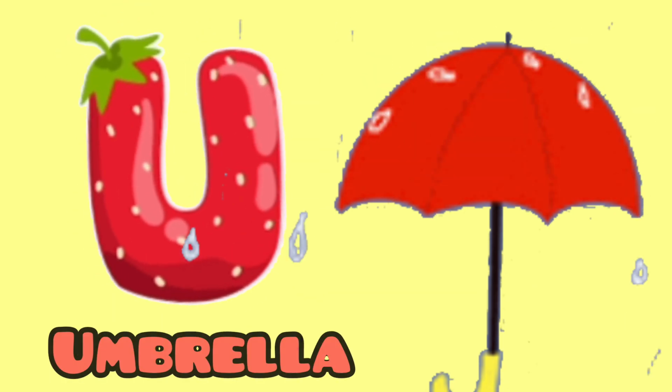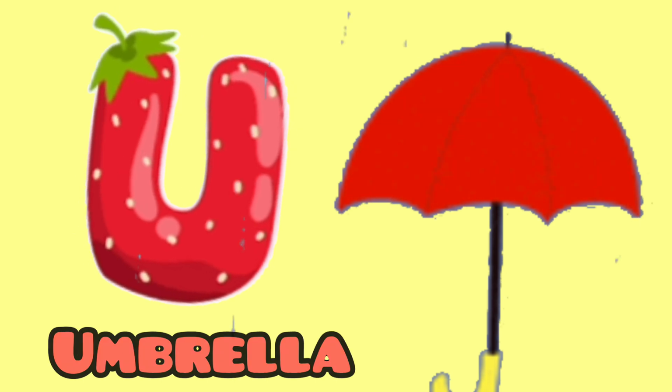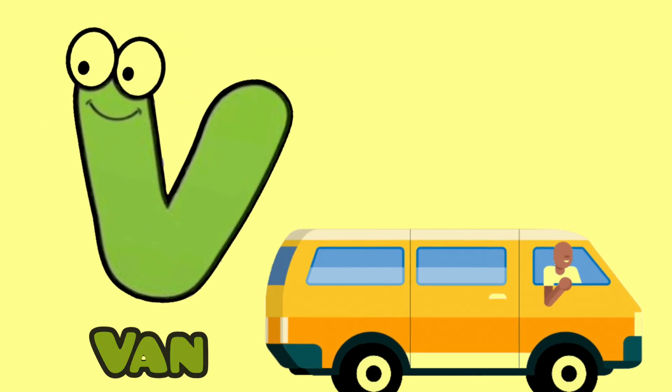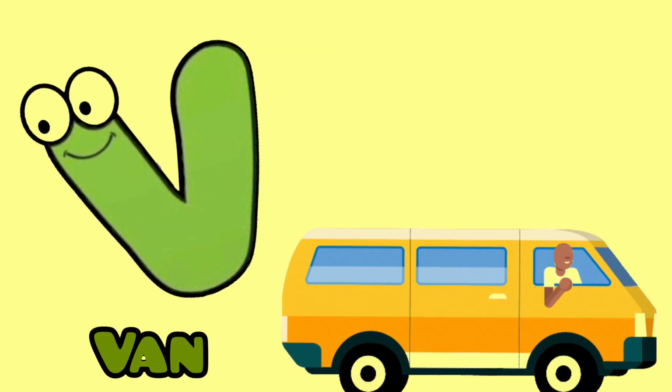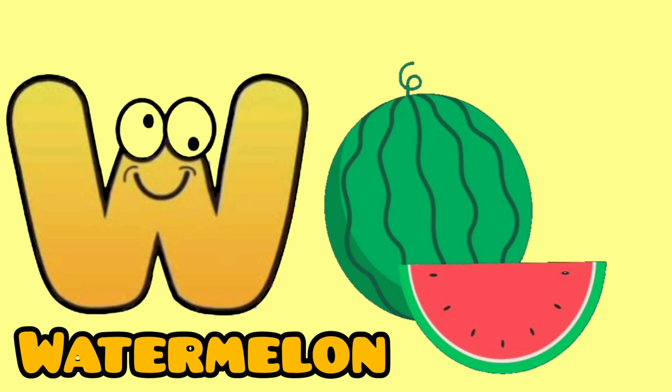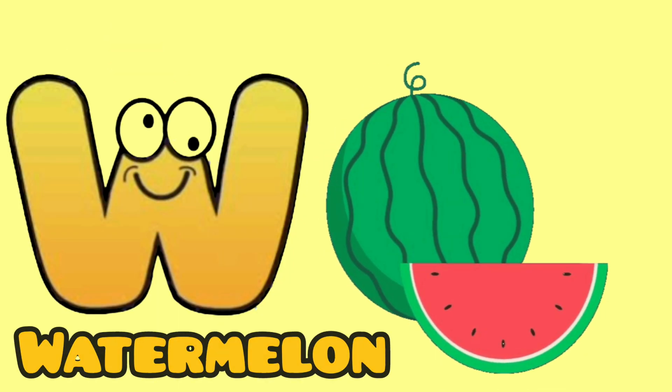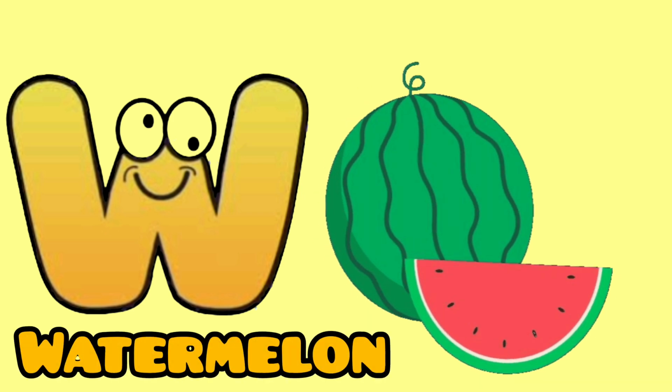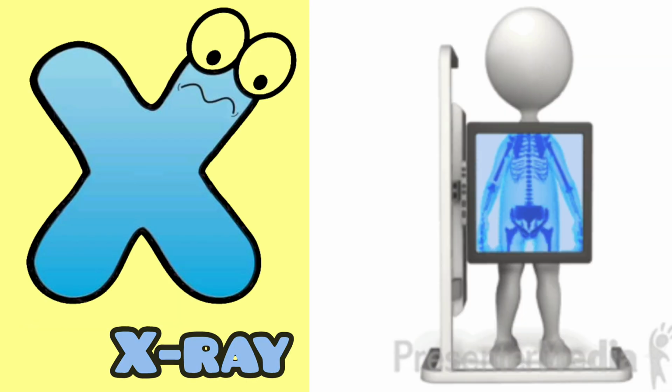umbrella. U, umbrella. V is for van, van. V, van. W is for watermelon, watermelon. W, watermelon. X is for X-ray,